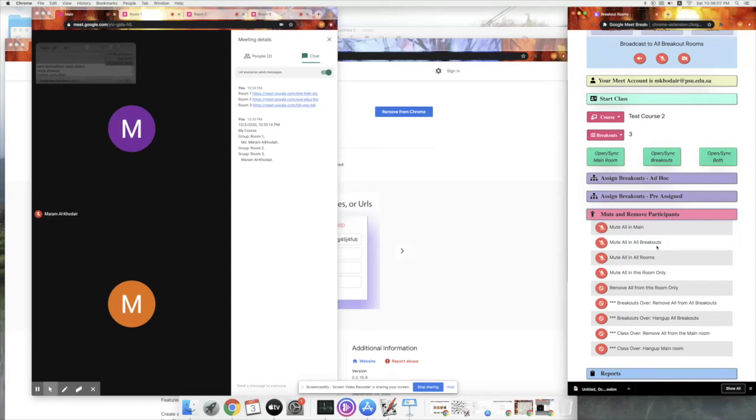If I wanted to mute everybody in the breakout rooms, mute both of the rooms, so the breakout as well as the main, and so on and so forth. And you can see there are so many different features and settings that you can click on and make use of. So if you want to remove everybody from a room,